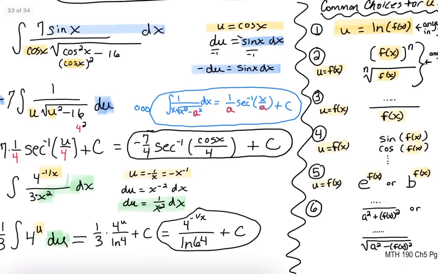Or maybe even something in a denominator with a square root, the two that have to do with the x squared minus a squared or a squared minus x squared, those are the two that are under radicals. So these are often choices for f of x